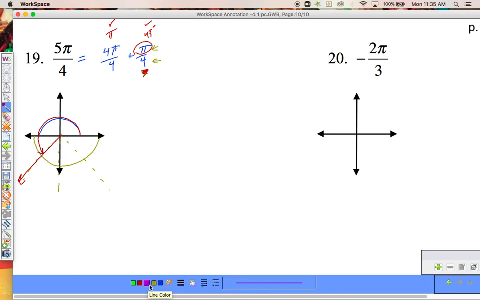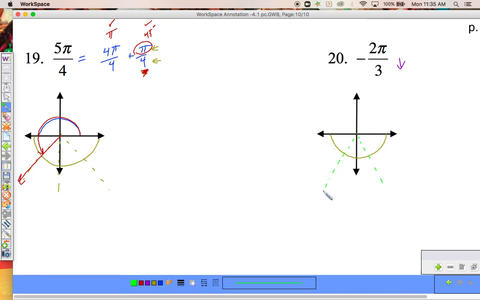Negative 2 pi over 3. If I'm going fast, I don't have anybody to go off of, so rewind, listen to it again, send me an email, do something. All right, negative 2 pi over 3 means I'm going to rotate down 2/3 of a pi. So my first thought is, this is down 1 full pi. Right? I don't want to rotate 1 full pi, I want to rotate down 2/3 of a pi. So I'm going to take this pi